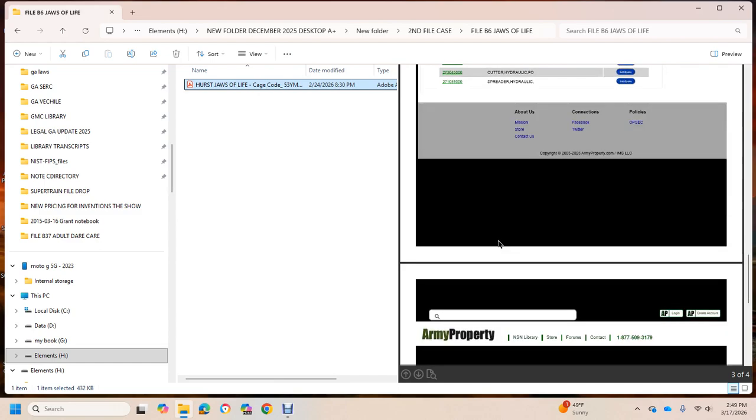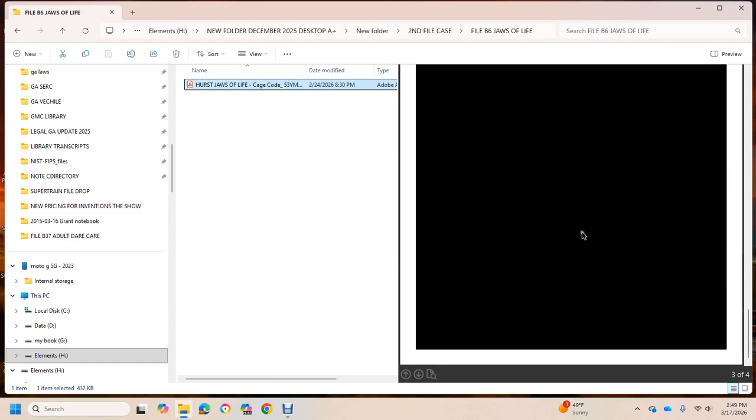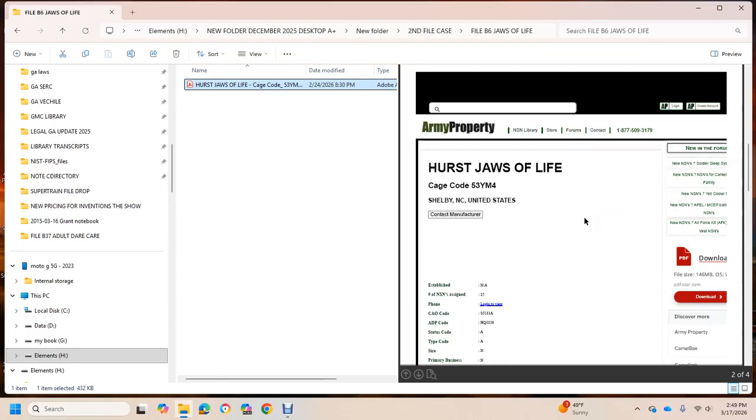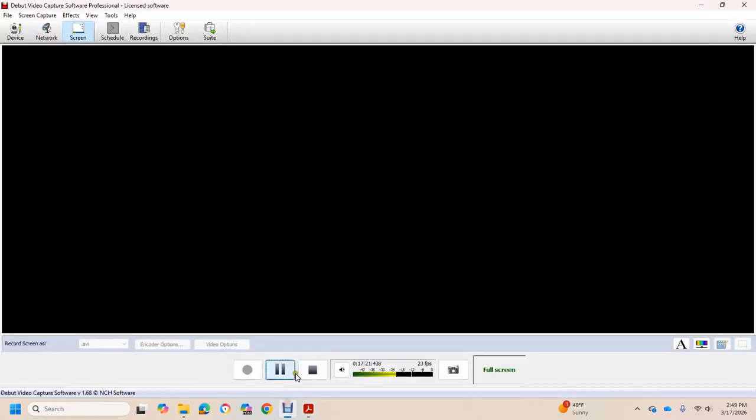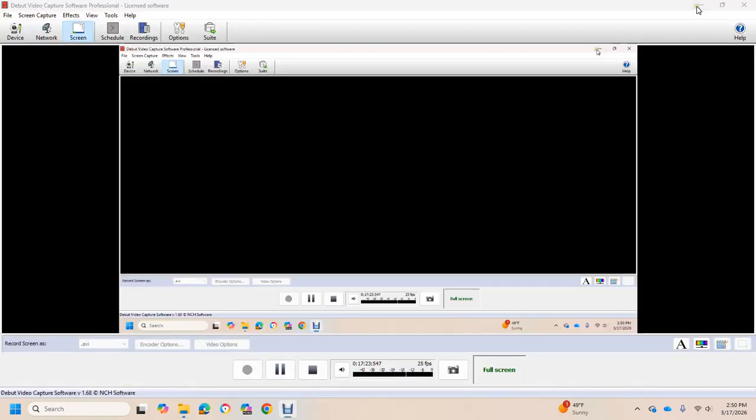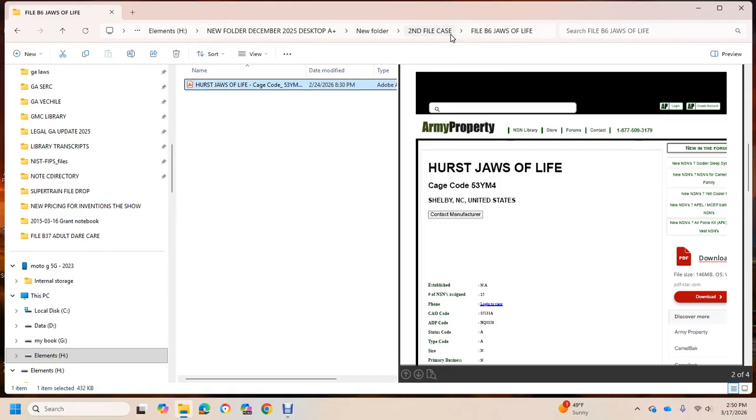My idea behind that is lessen insurance for tractor trailers that want to have a copy of this one. It goes back to aviation public trust questionnaire, and we'll resuming. We're on file B6, Jaws of Life, tractor trailers,